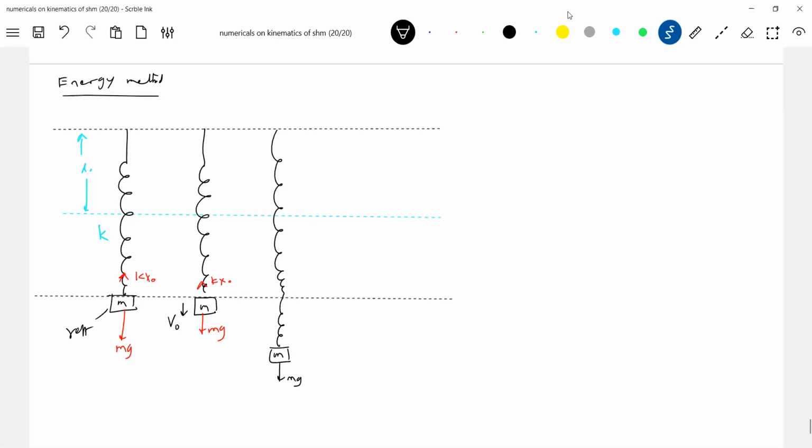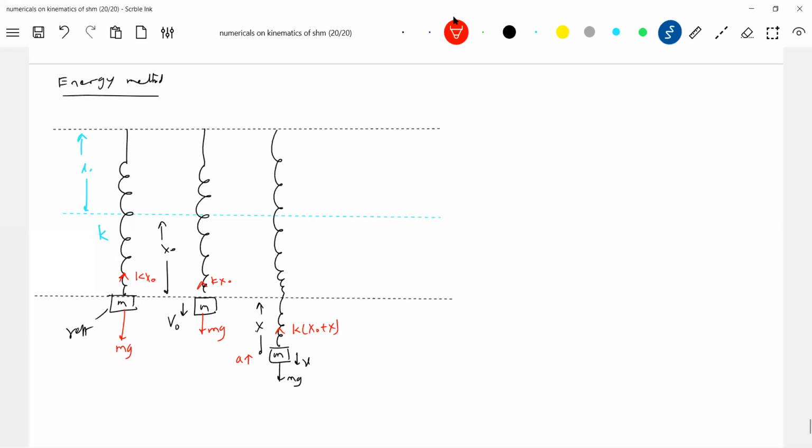Then what are the forces? Let x be the elongation. So this is x naught initial, and x be the further elongation. It will have velocity v here. How much spring force will act now? Shall I say it will undergo retardation? Why retardation? Because this spring force now will be greater than mg, and it will undergo retardation.